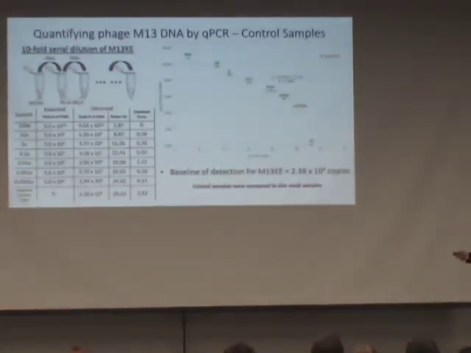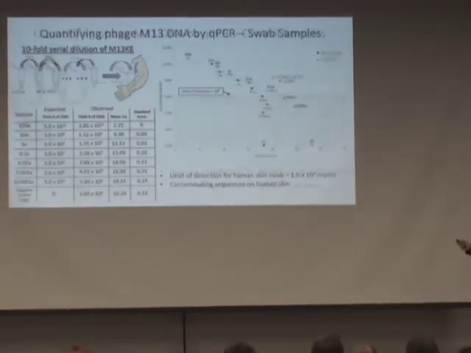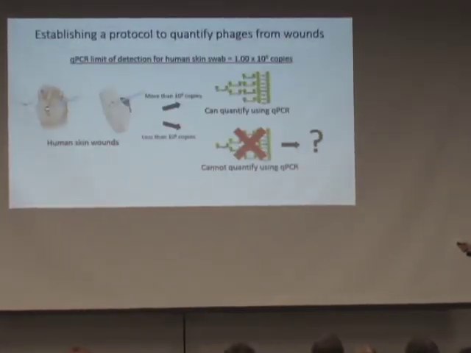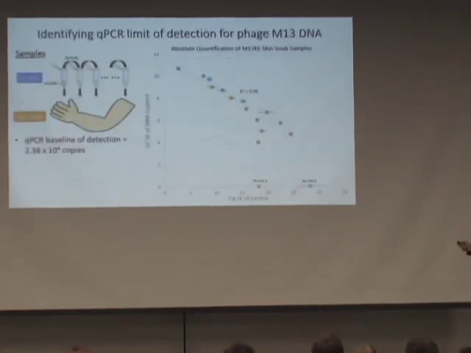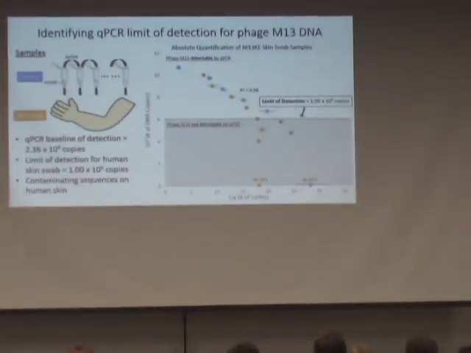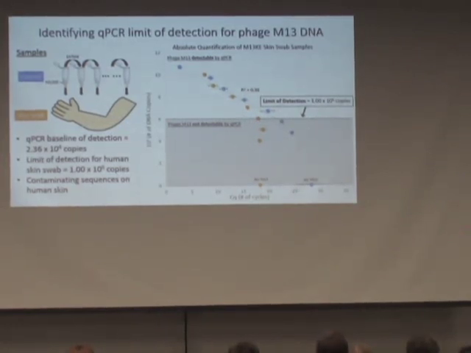Yeah. So going, this one or the back. Just keep going back. Here. So yeah, how did you determine that the baseline was 10 to the 4 when the control is actually 10 to the